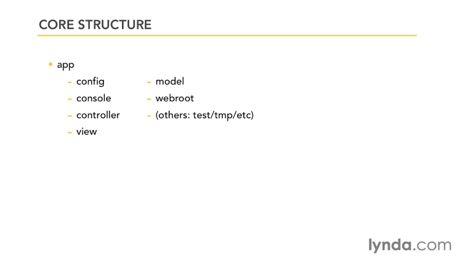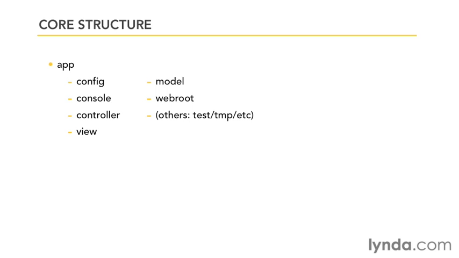Everything in your application is going to be located in the app directory. This includes configuration information. The console will contain Bake, but there are some other console classes available to you as well. The controller will house your controllers. The view will hold all of your view templates. Model is where you're going to place all of your data models. And finally, the web root is where you're going to place any of the assets that you need inside of